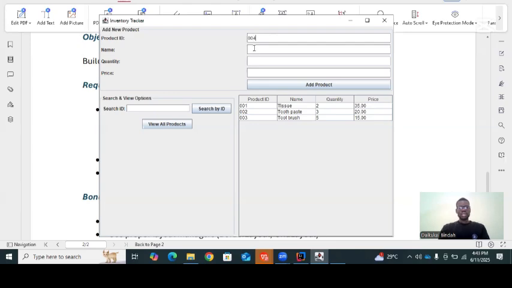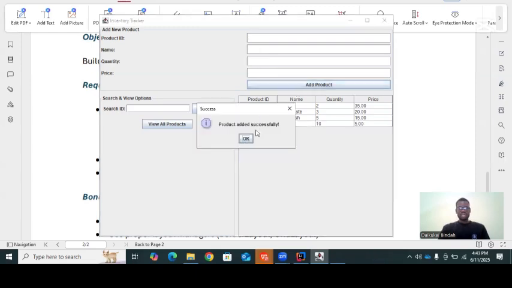So product ID is 004. The product name. So I'm going to say soap. The product quantity. So 10. The price of the product, it's 5. Okay. So I'm going to add the product, and